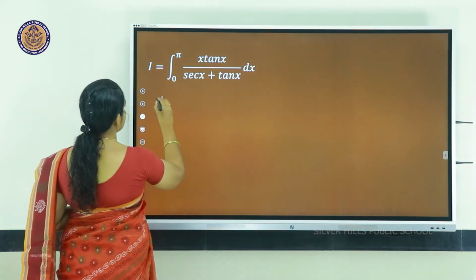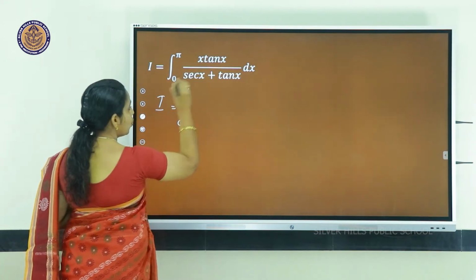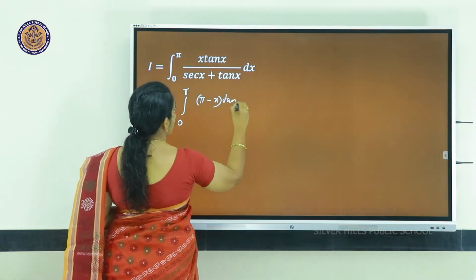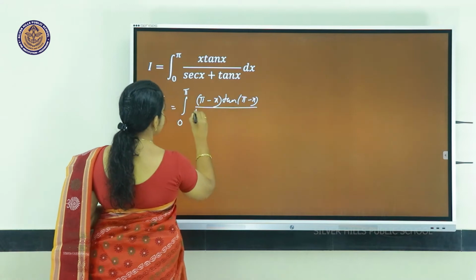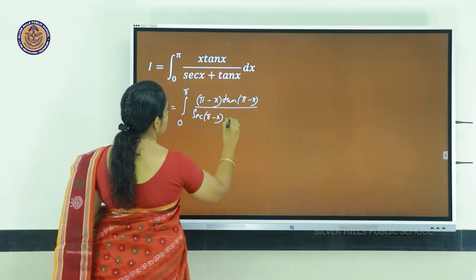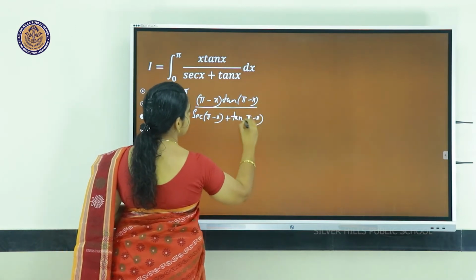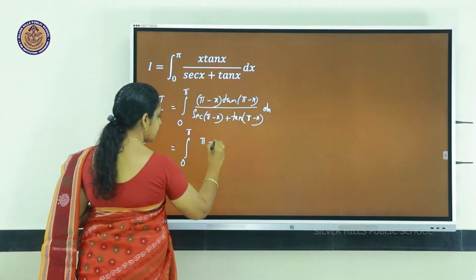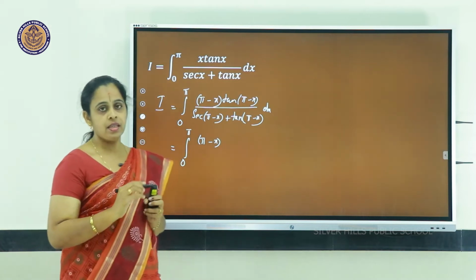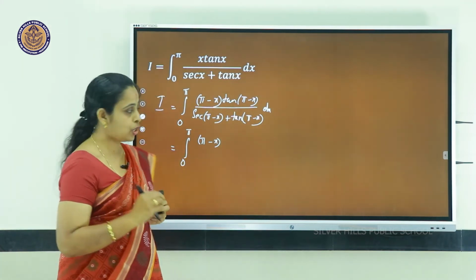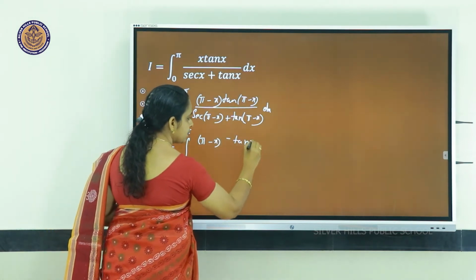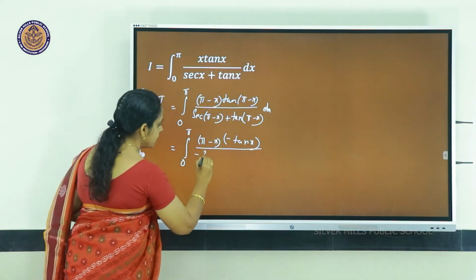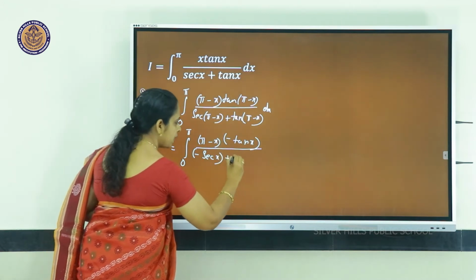So, let us write I equal to integral 0 to pi, where we see x we will write pi minus x. Pi minus x, tan of pi minus x divided by sec of pi minus x plus tan of pi minus x, dx equal to integral 0 to pi, pi minus x, tan pi minus x. In the second quadrant, tan is negative. So, we will get minus tan x divided by sec pi minus x, again comes minus sec x, plus minus tan x as said before,